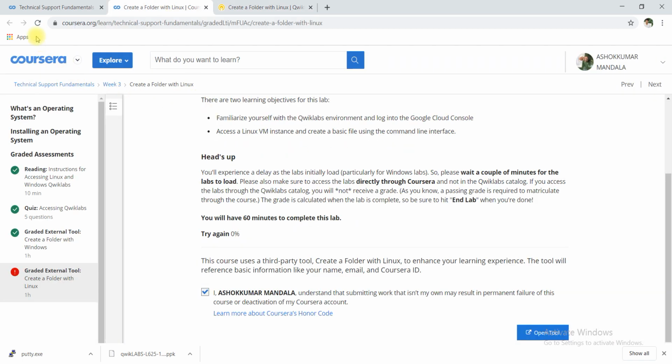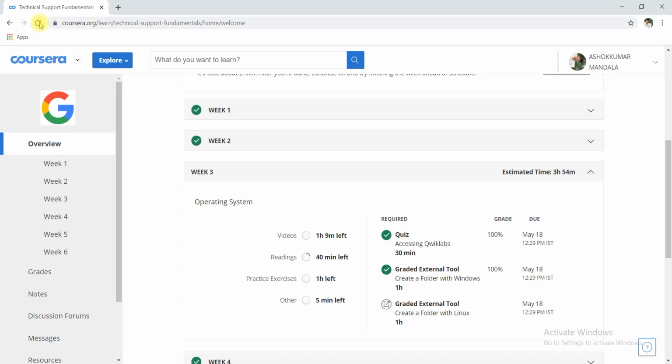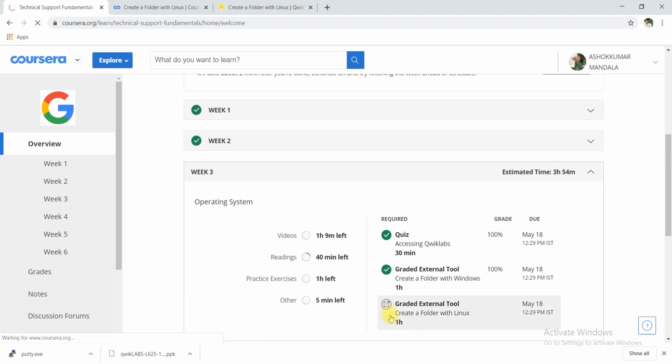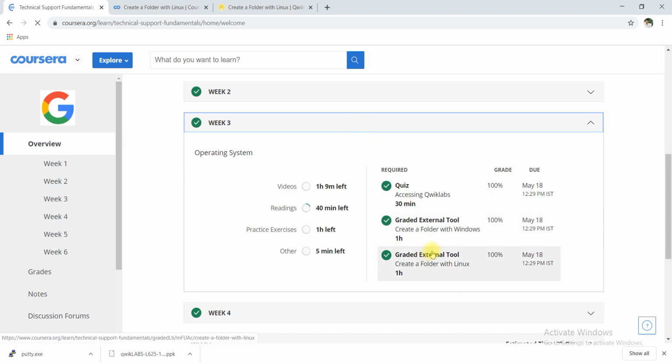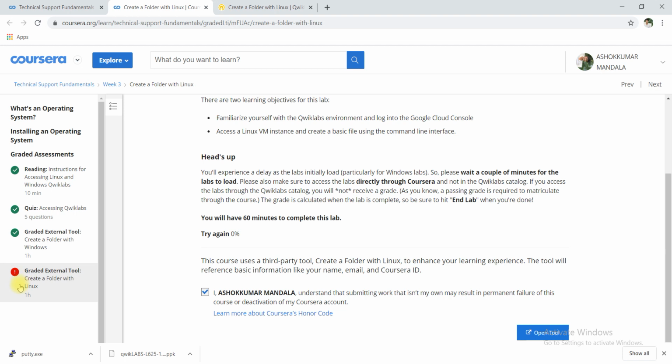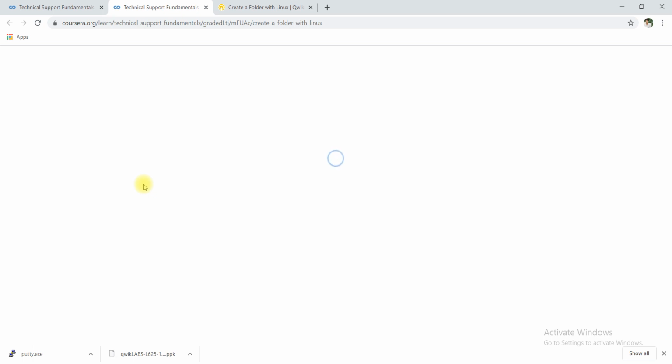Now I will refresh it. After that it should show green. I will go back and you can see this is successfully completed. It is showing red only because I have not refreshed it. Once I refresh it, it will come up green.